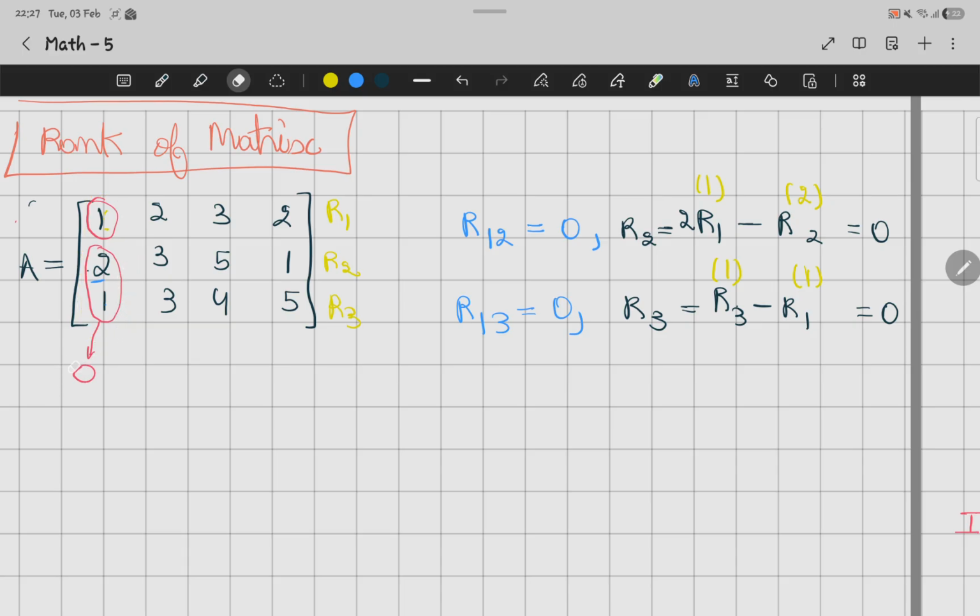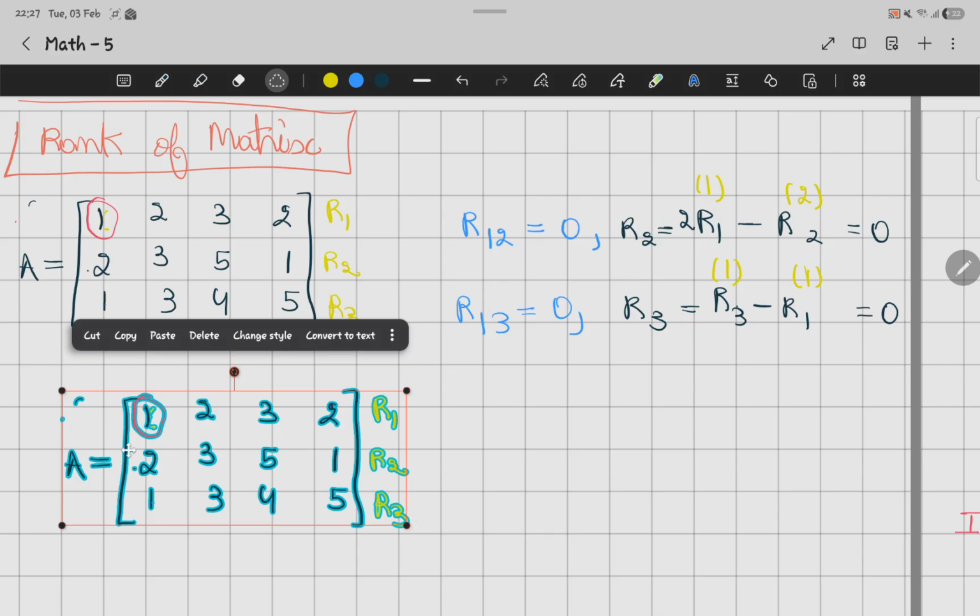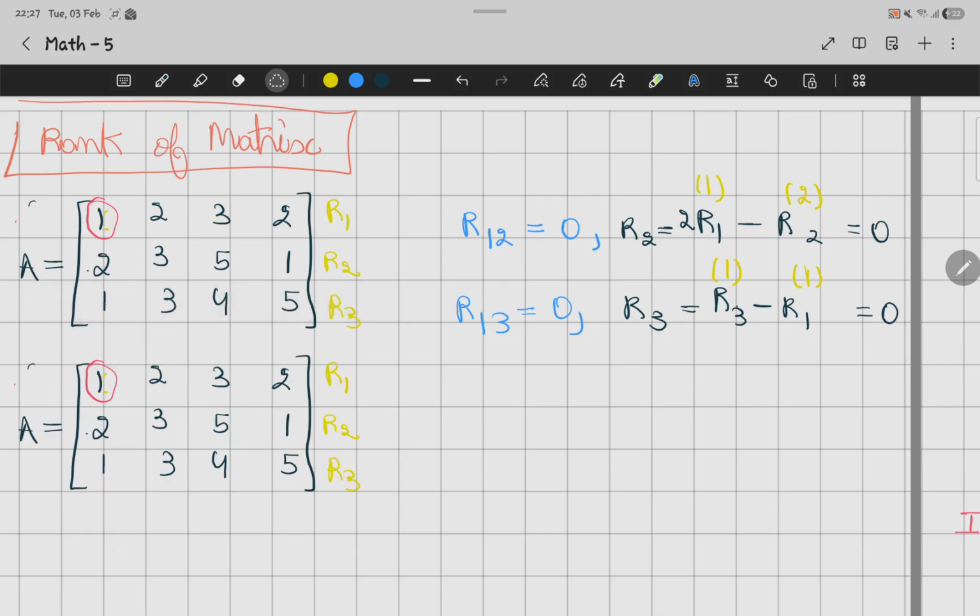Okay, so this is what we have. Let me go fast this time. Okay, this is what we have. Now what we're trying to do is make these two 0. So in order to solve those two, to make them 0, the formula that we use, we're going to multiply